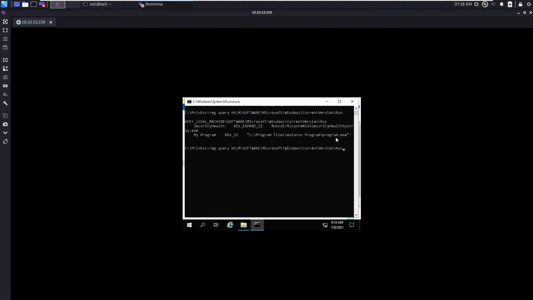Now you can check for RunOnce. There is no key for that. Alright. You can also check for HKCU, that is for the current user. In that case we don't get any, but even if there are any executables for the current user, they will run in the context of the current user. In HKLM, the local machine, they will run with administrative privileges. So that's what we are going to query for this one.